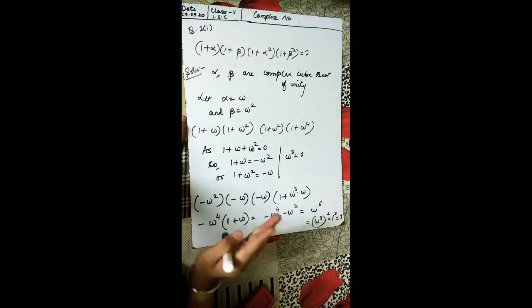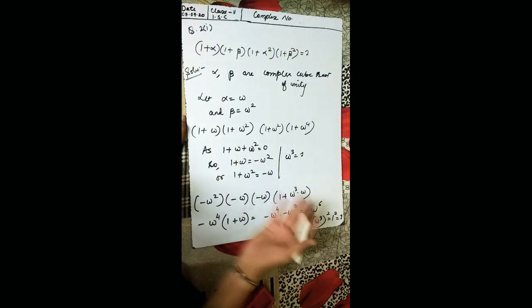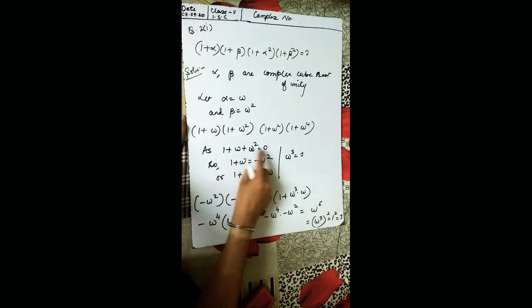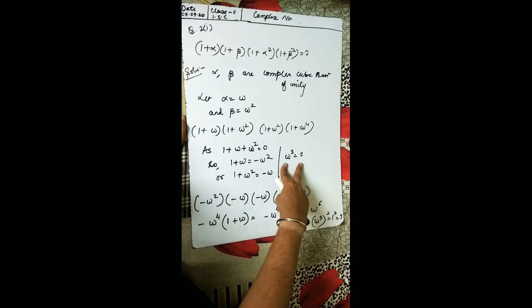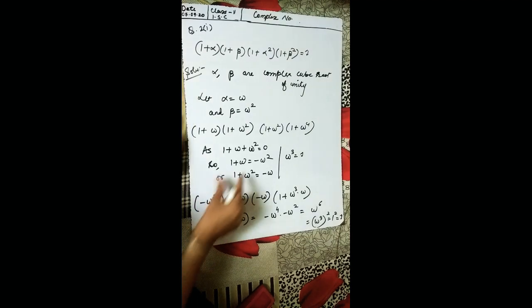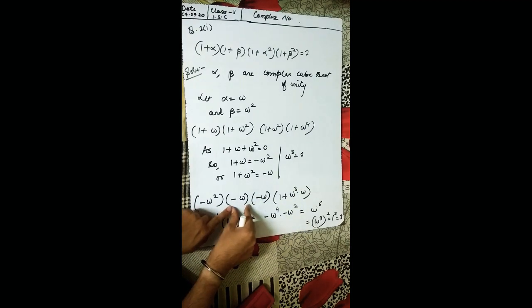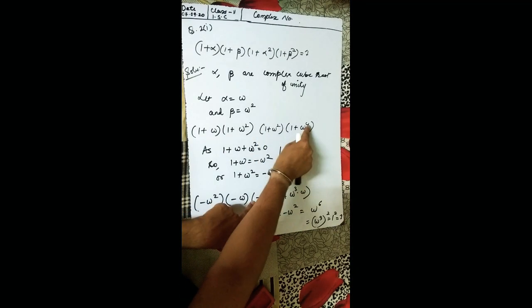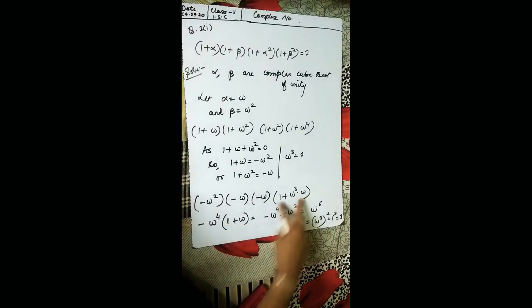Okay, so now let us see the identities. What can we write in place of what things? We know 1 plus omega plus omega square is 0. So take omega square that side. So 1 plus omega is equal to minus of omega square. Or if we keep omega here, it will be minus of omega. And another identity we know, omega cube equal to 1. In place of 1 plus omega, we are writing minus of omega square. In place of 1 plus omega square, we are writing minus of omega. And this omega to the power 4, we are writing it as omega cube into omega, and in place of omega cube we can write 1, so it will be 1 plus omega.